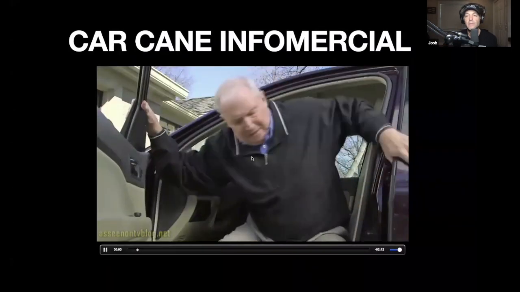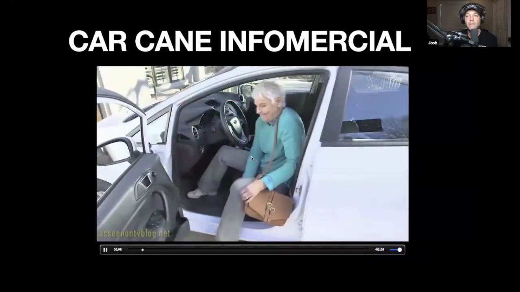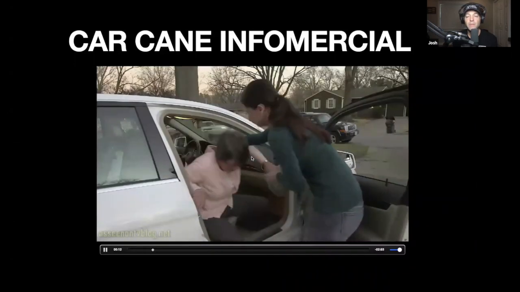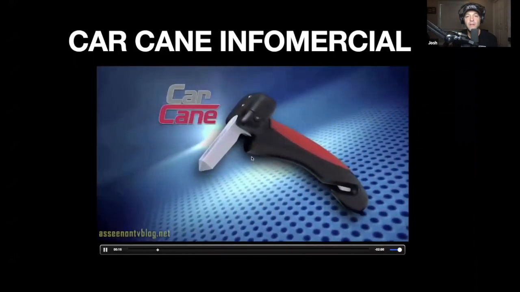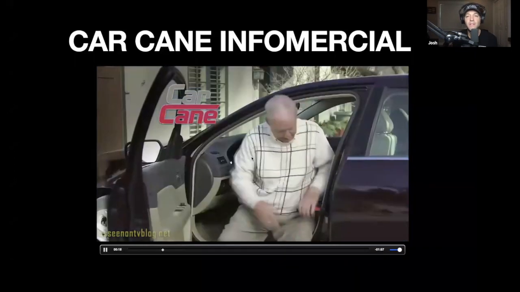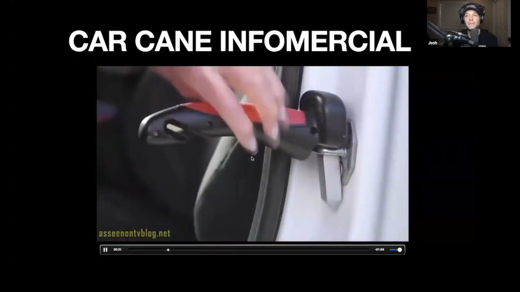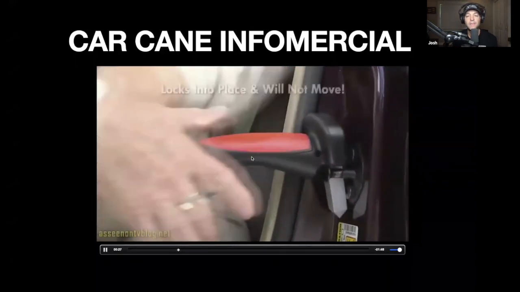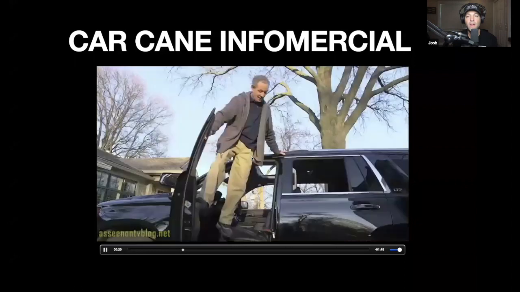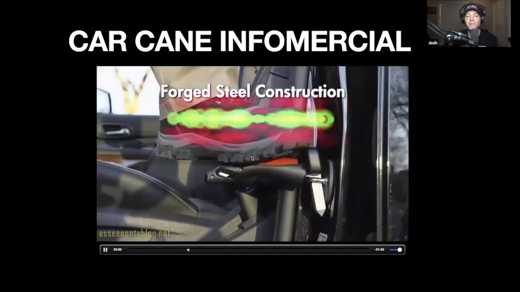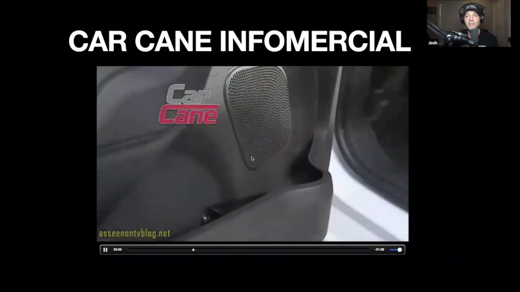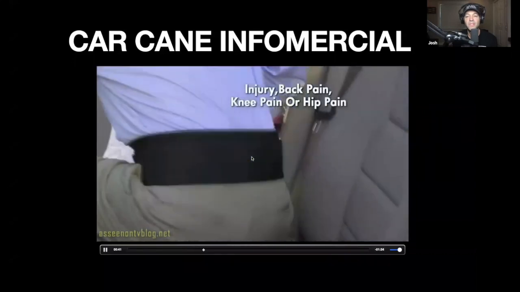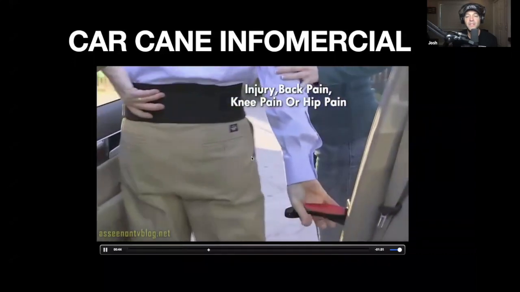Have you ever struggled to get out of the car? Does back or knee pain make it hard? Do you push with your arm when you try to stand? Or ask someone to give you a hand? Then let us help you out with the incredible new Car Cane. Now you can get in and out of your car with ease. This new portable handle locks instantly into the door latches of any car. Simply open your door and snap it on. Car Cane locks into place and will not move. In fact, Car Cane's forged steel construction can hold 350 pounds. Amazing! Then, Car Cane unlocks and stores away easily in the door or glove box. If you are recovering from an injury or suffer from back pain, knee pain, or hip pain, you need the